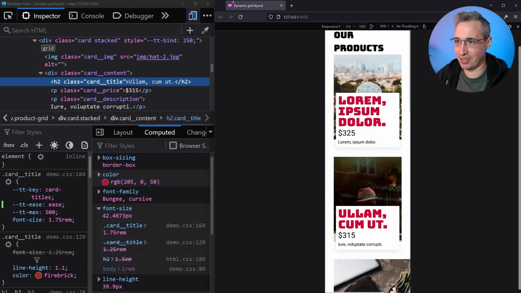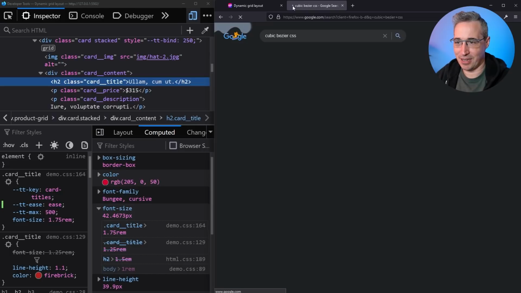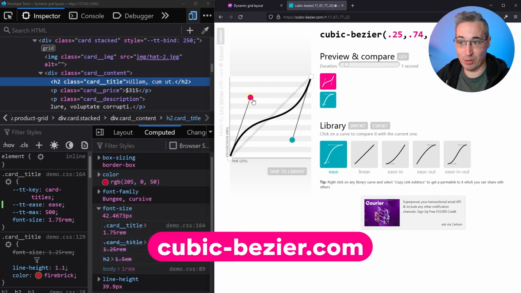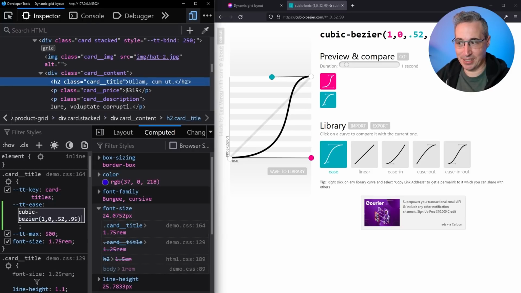Now it'd be nice here. Let's go to cubic Bezier CSS. I think that should bring up cubicbezier.com. There we go. So this is probably the easiest thing to do, is just come in with your own timing function. Let's say we wanted to grow really fast and get up to that size. Actually, let's do it the other way. Let's go where it's going to start and stay really small, and then all of a sudden get really big. So we're going to copy this here, and come to my styles here and paste